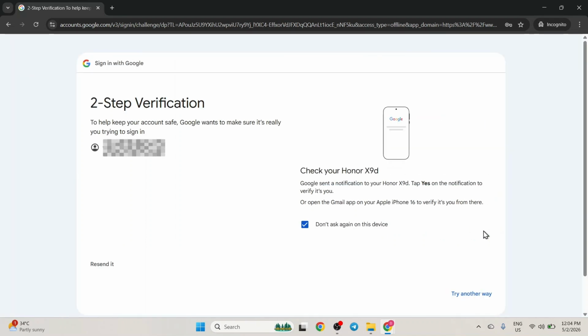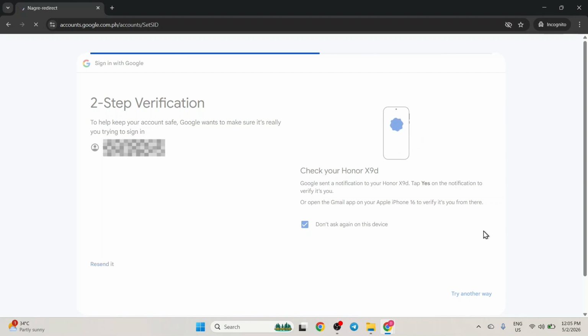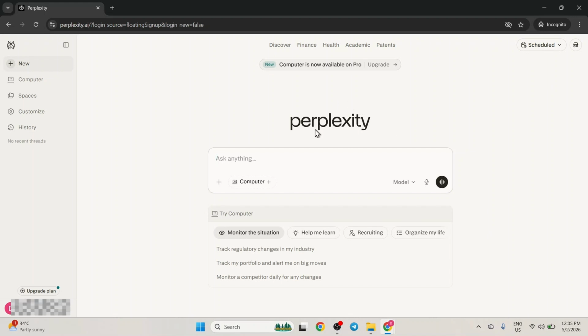To keep my account safe and secure, the system is now asking for a two-step verification on my phone. I'll take a moment to check my mobile device for the security notification and confirm that it's me trying to sign in. Once I've approved the request on my mobile device, the web page will update and redirect automatically. Now that the page has refreshed back to the home screen, I am fully signed in and ready to begin